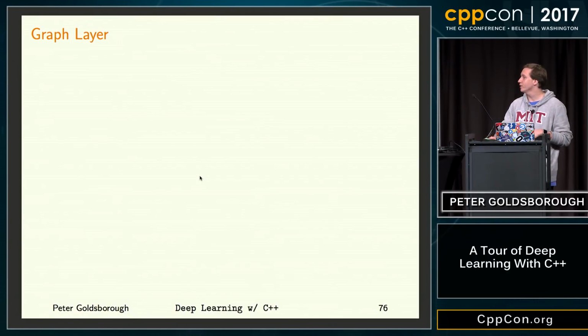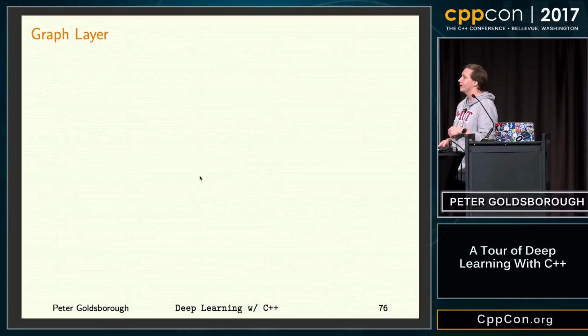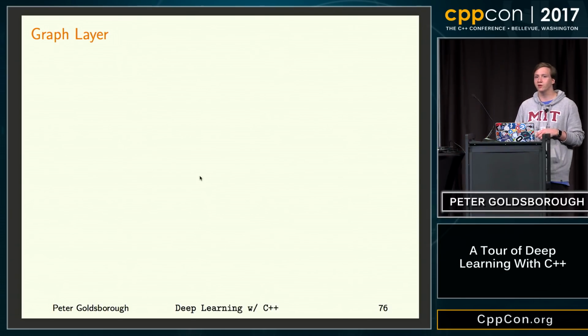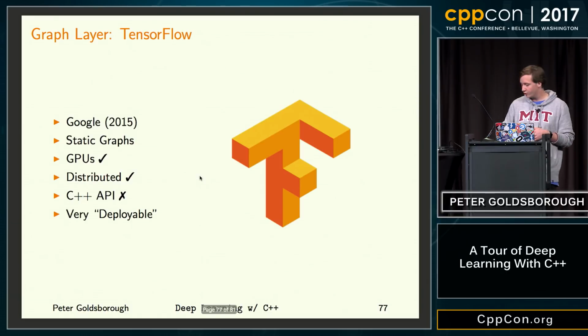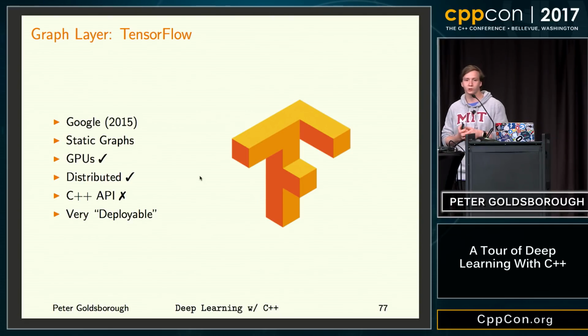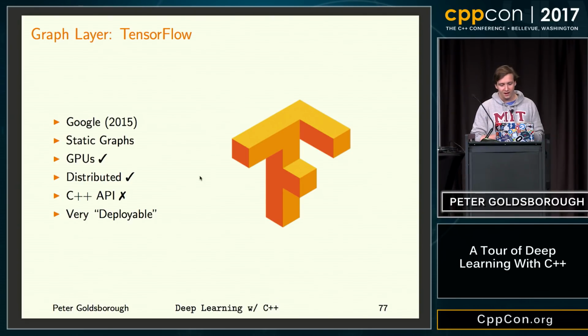OK, so the one thing that I didn't want this talk to be exclusively is a comparison of frameworks. Nevertheless, I do want to very briefly give you an idea of the different kinds of frameworks we have in the deep learning space. The first one is TensorFlow. You've probably already heard about it. And you'll see that most of these frameworks have some kind of corporate name attached to it, whether you like it or not. So this is TensorFlow.